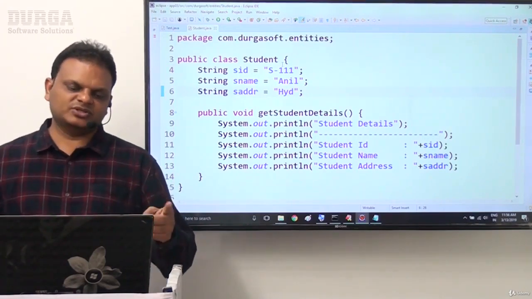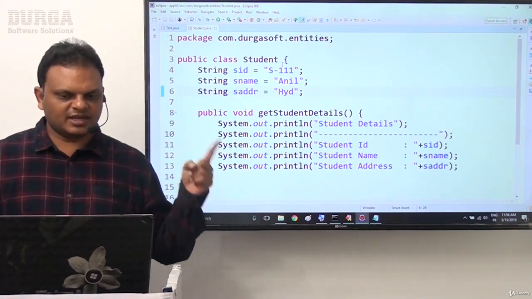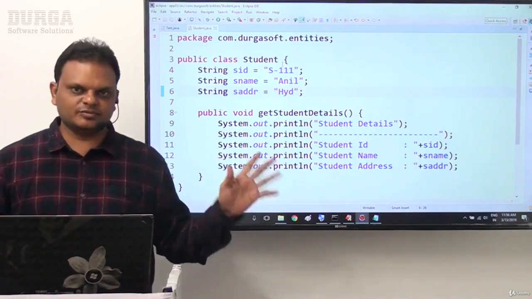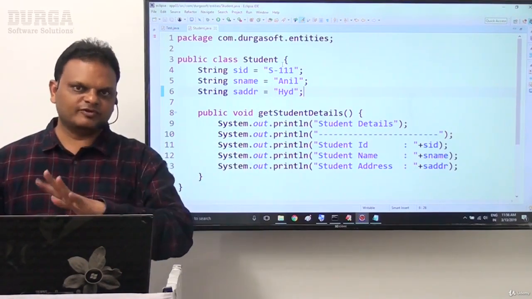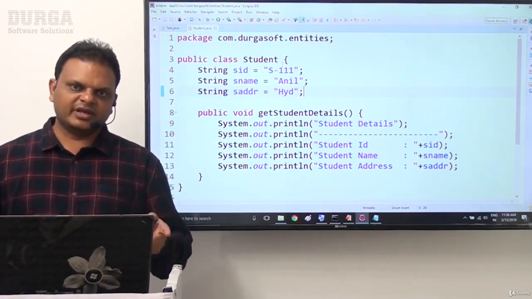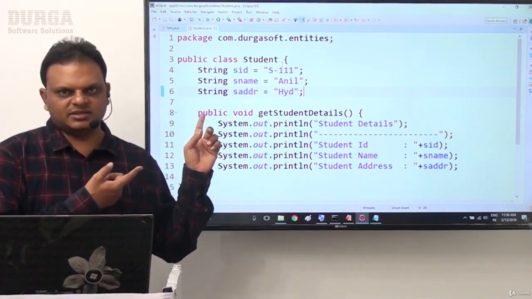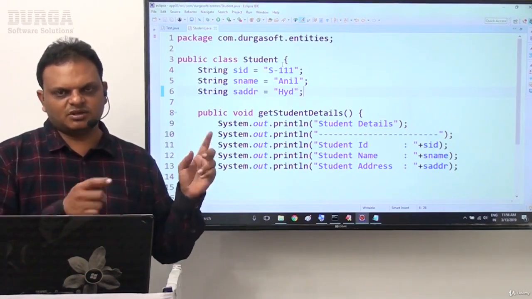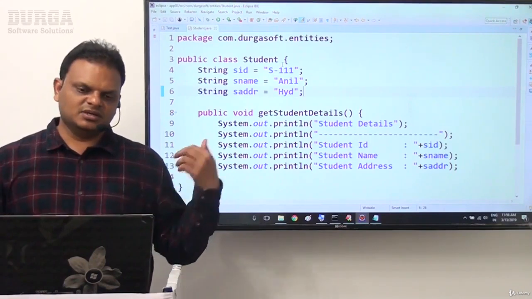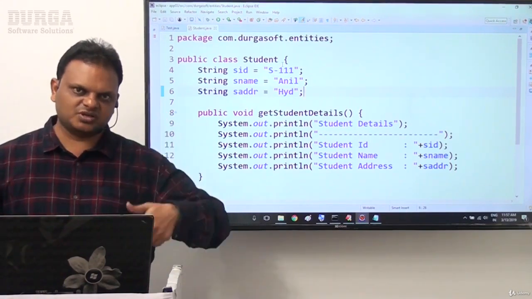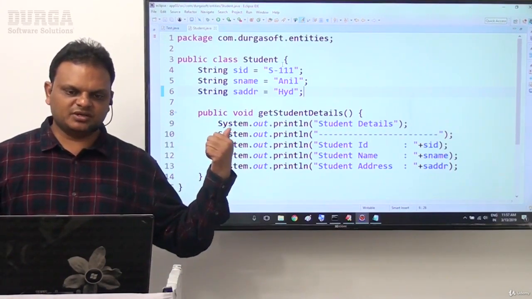Now I am able to create an object for the Student class. I can access that getStudentDetails method directly. That we are able to do from our main class and main method. Main class and main method we already have inside the test package, that means the core package. Now from that core package I am able to get the respective Test class. Inside this Test class and main method I can access this data.